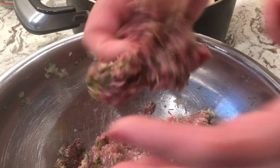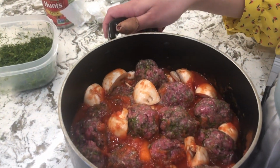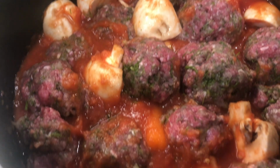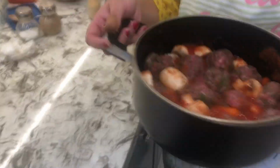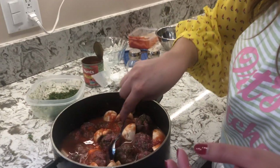So I'm gonna keep doing this, you guys, and I'll show you the final product. I'll be back. So, ta-da! They're different sizes. I use them all, my whole entire, the meat. So I'm gonna add a little bit of water to it to make it a little bit more liquidy, okay? Yeah, that's good. So I just want the majority of the meat kind of immersed with the sauce,